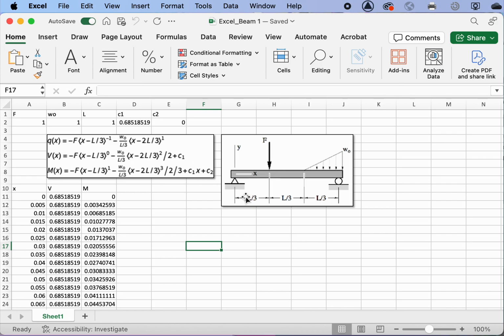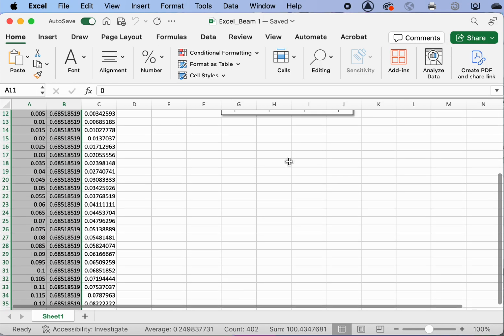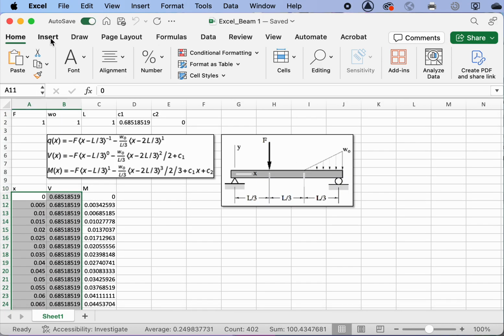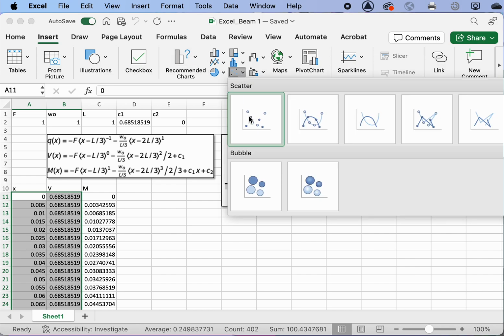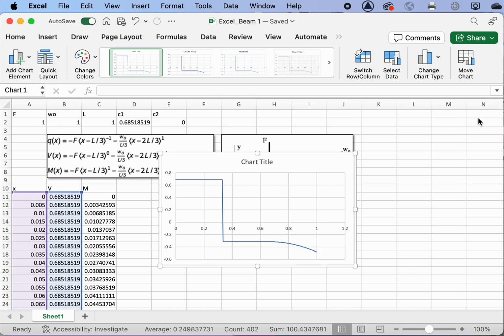And now just plot. So I'm going to take these two right here and hit Control Shift down arrow to select all that, and then insert. I don't want to do markers because there will be a gazillion of them. So I'm going to select something that doesn't have markers like this one or that one. And there's your shear force